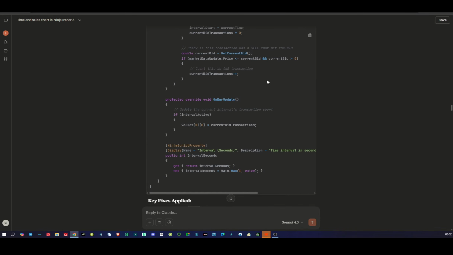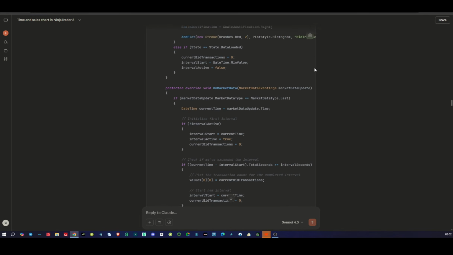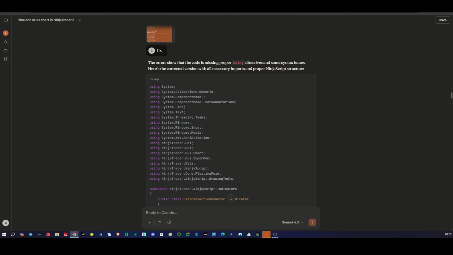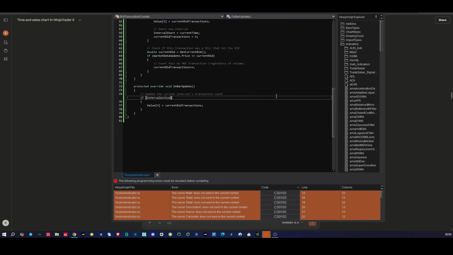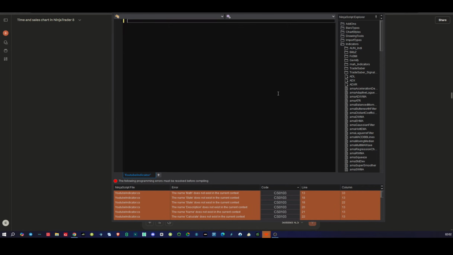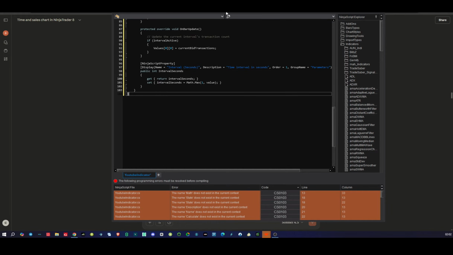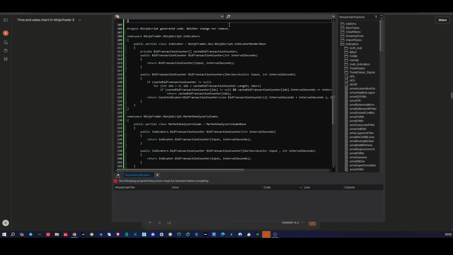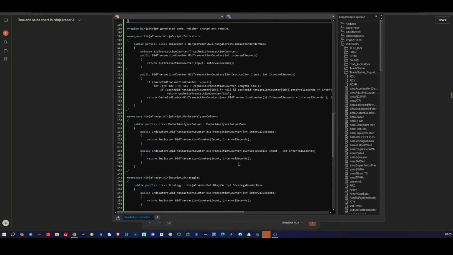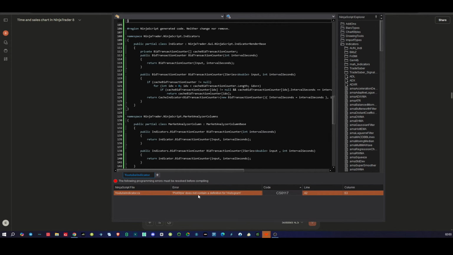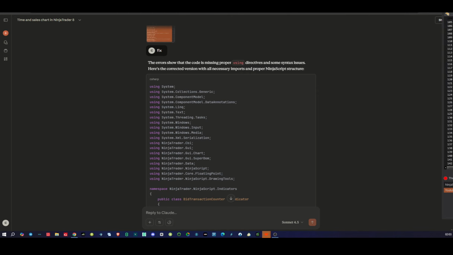So this code worked. After that screenshot, you just copy this. I go back to the NinjaScript editor, same indicator, select all, delete, and then paste that new code, go on to compile and see if we get any errors. Plot style does not contain a definition for histogram. So that's why I said, okay, I want a line plotted,